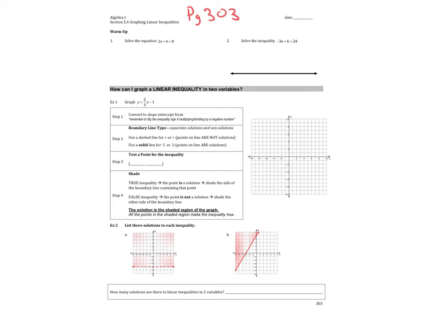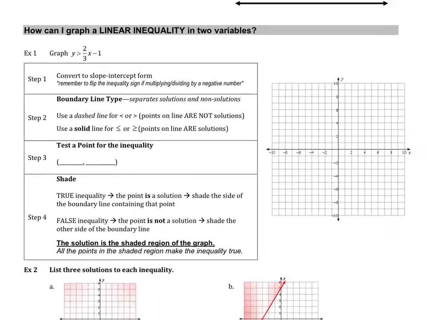Hey Algebra 1, in today's video we're going to go through a couple practice problems starting on page 303 in your binder, so if you could find that page. That'd be great. You don't want to take these notes on your own sheet of paper, make sure you find the binder page 303. And so what we're going to do here is talk about something called a linear inequality